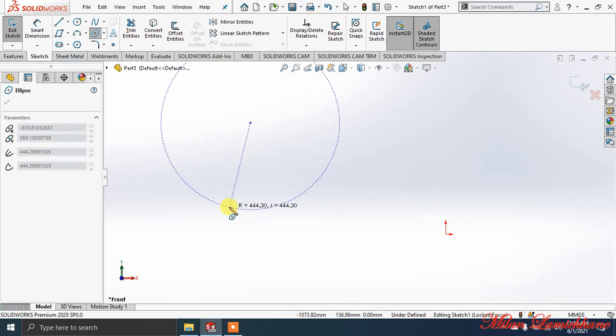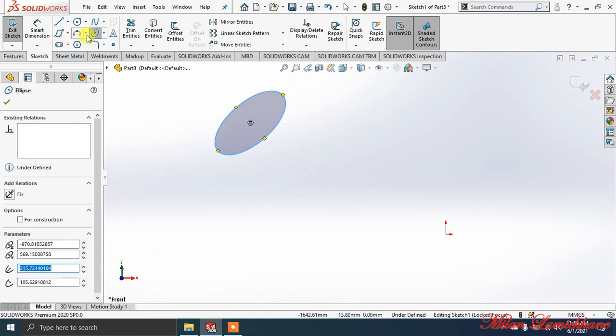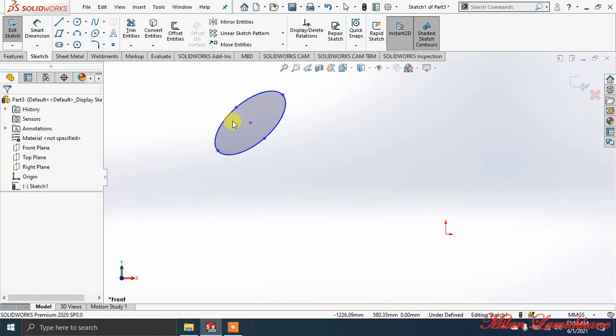First of all, this is ellipse. To draw ellipse there are many options like ellipse and partial ellipse. Partial ellipse is just like arc. For circle, arc is the tool, and for ellipse, partial ellipse is the tool. Parabola and conic, we have already learned many of these things in machine drawing also. And for ellipse, you can see here,